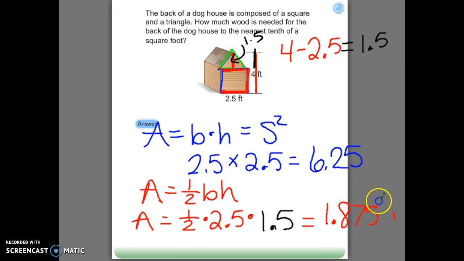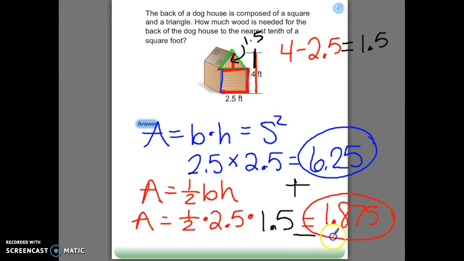So now we found the area of our triangle, and we found the area of our square. So to find the area of our composite shape, we are going to add them together. So 0 plus 5 is 5, 5 plus 7 is 12, 1 plus 2 is 3, plus 8 is 11, 1 plus 6 is 7, plus another 1 is 8. So we get